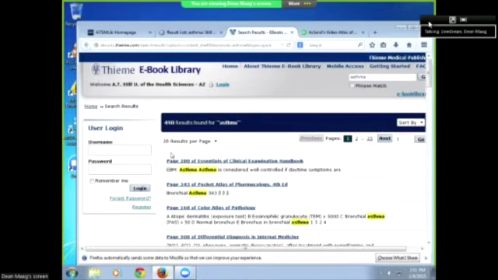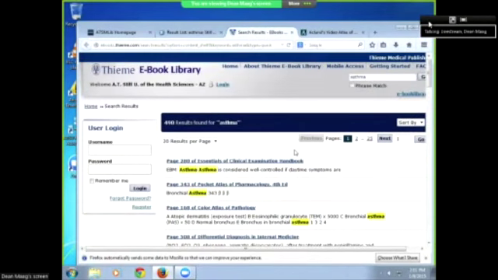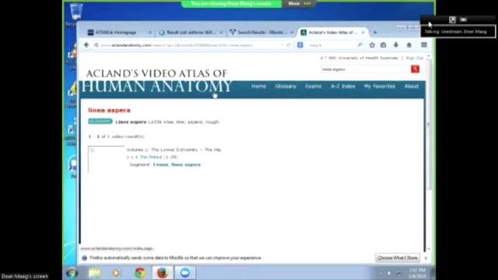So it gives me, in our anatomy collections, it says that asthma wasn't found here, but you could do it for a part of the body and it would give us the same results here in the human anatomy